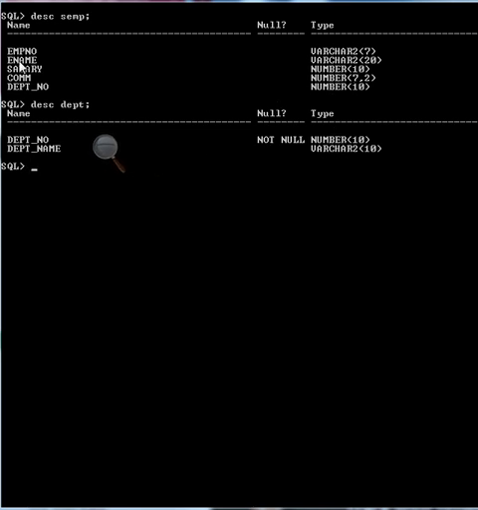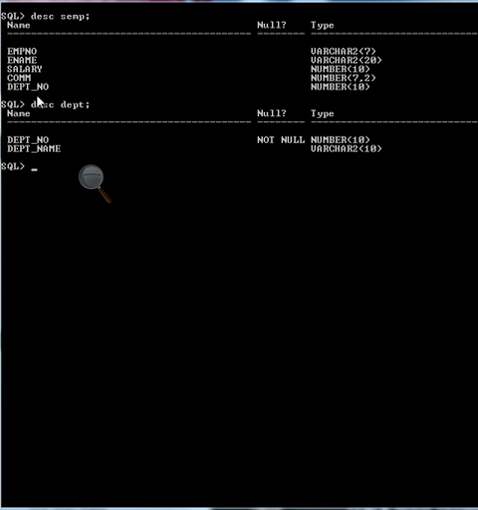So while creating a foreign key, one column must be common in both the tables and the type must be the same. The DEPT table is the parent table, so department number has been defined as the primary key in the DEPT table. We will define DEPT number as a foreign key in the SEMP table. So how do we make a foreign key in an already created table? It is very easy to define a foreign key at the time of table creation, but if the table is already created, how do we alter the column?